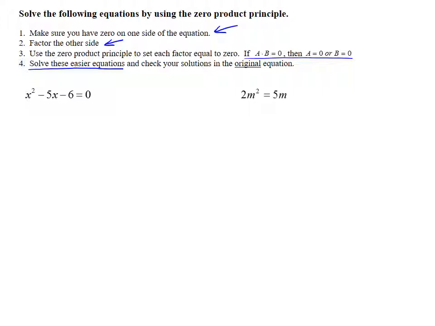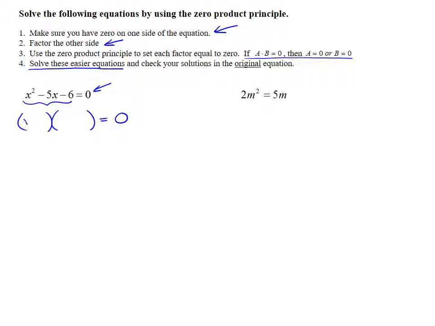x squared minus 5x minus 6 equals 0. We've got 0 on one side, which is our first step, so that's good. We want the other side to be factored. Right now it's not. It's a trinomial multiplied out. We want it in factored form. So let's factor it. A trinomial will factor into the product of two binomials, so you can set up your